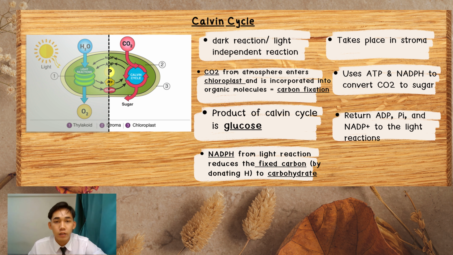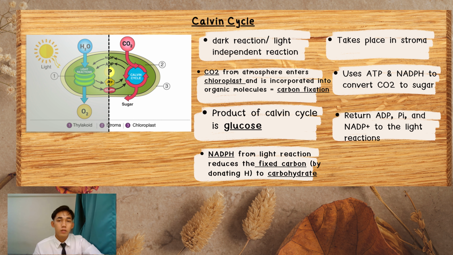The process of the Calvin cycle is that CO2 from the atmosphere enters the chloroplast and is incorporated into organic molecules, which we call carbon fixation. And NADPH from the light reaction reduces the fixed carbon by donating hydrogen to carbohydrate. The product of this process is glucose, and then the Calvin cycle takes place in the stroma,